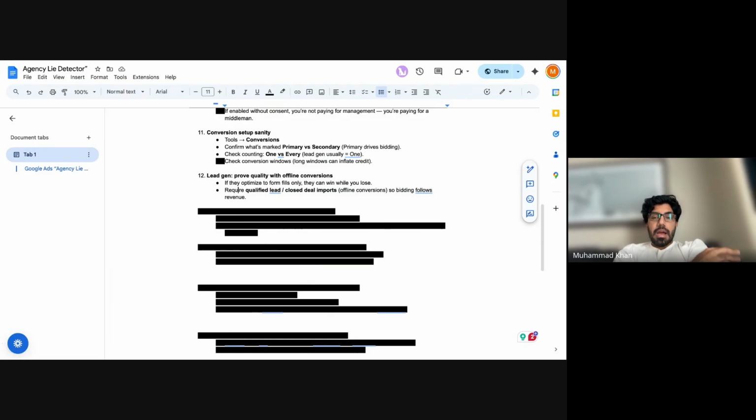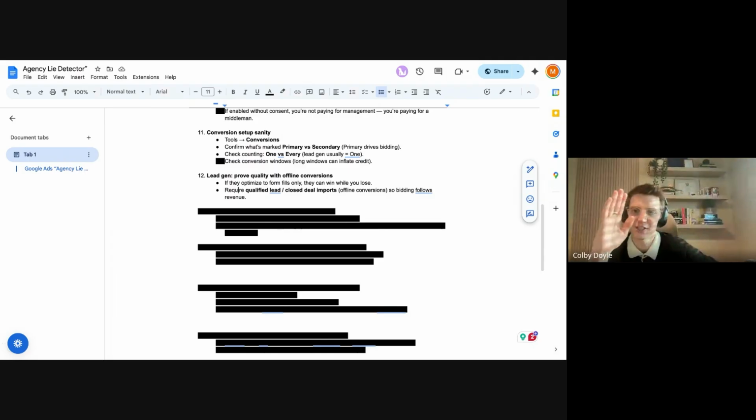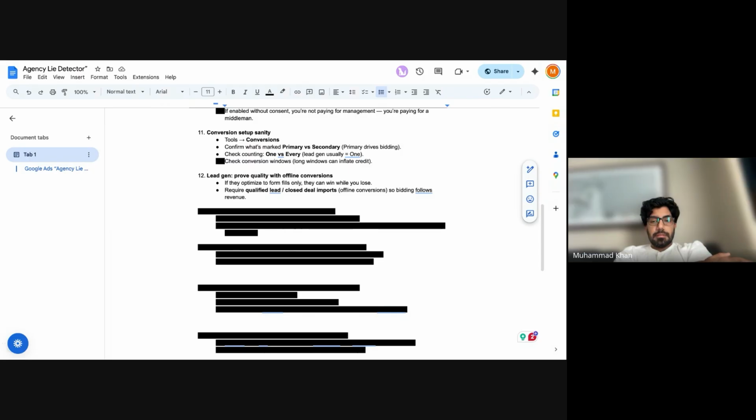But for lead gen, ideally you want to set a semi-qualified to qualified lead as your conversion action, whatever drives you to 30 conversions, right? The furthest you can go down the funnel to get close to 30 conversions. I love that rule. The furthest you can go down the funnel to hit your threshold of 30 conversions, that's how far into the funnel you want to be with your conversion action. Again, as optimized or as accurate a conversion action as you can.